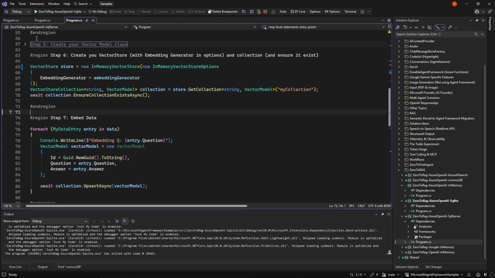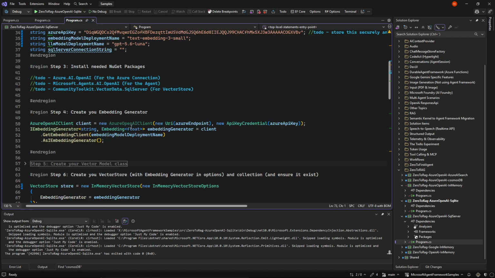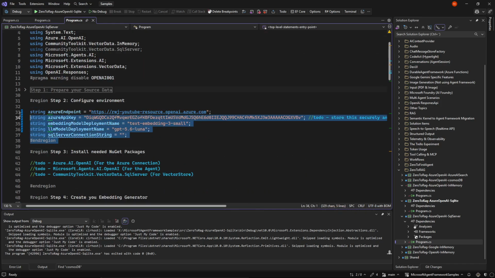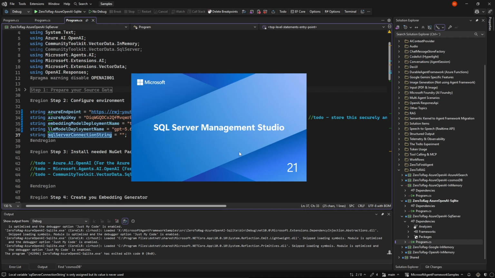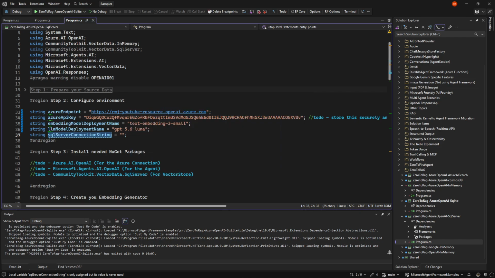So in here, I have a new project where we work with SQL Server. And we have the previous connection to Azure. We're not going to switch that out in this one, but we need a connection string. And SQL is, of course, SQL. So I have my management studio here on the local SQL that we're going to connect to, which is just starting up on my other screen, and I will move it over in 1 second.